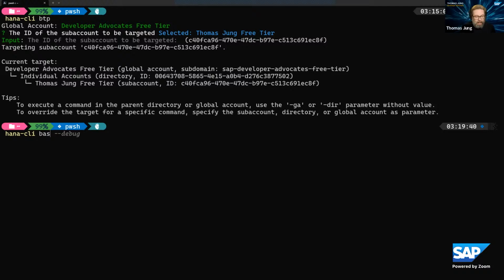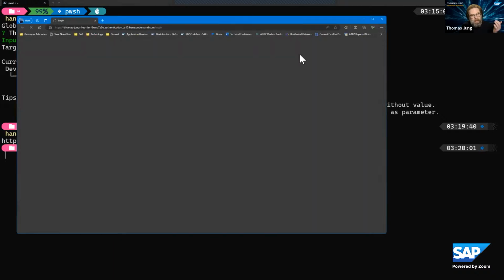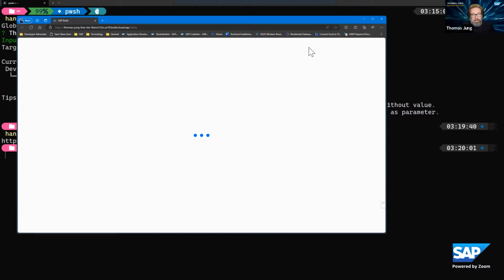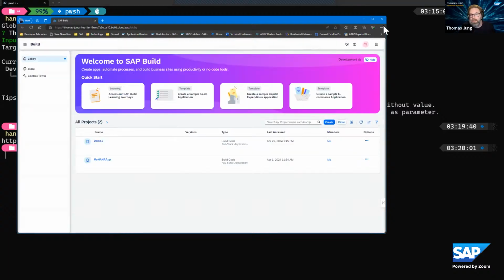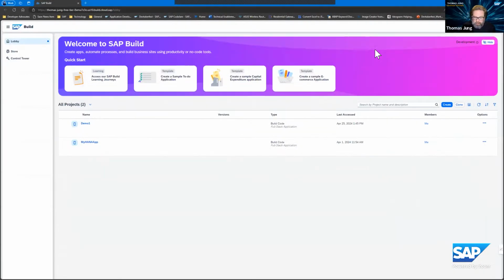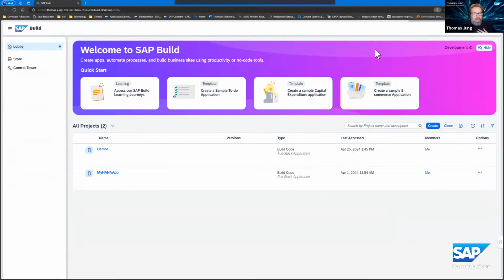Now what that does, when it sees that I'm a Build Code subscriber, instead of launching directly into the Business Application Studio, it's actually going to launch the Build Code lobby. So exactly where DJ was a moment ago, but just another way to get there. The other thing I'm going to do here is create a new demo application.